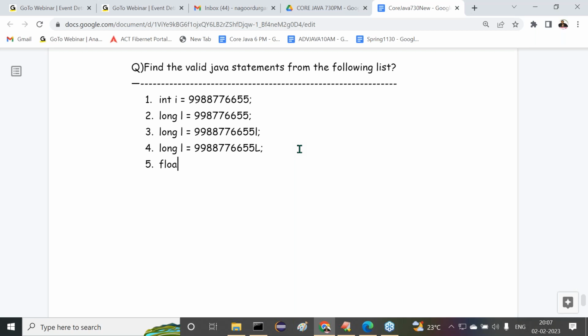Then after that, float f is equal to semicolon. Float f is equal to f, small f.